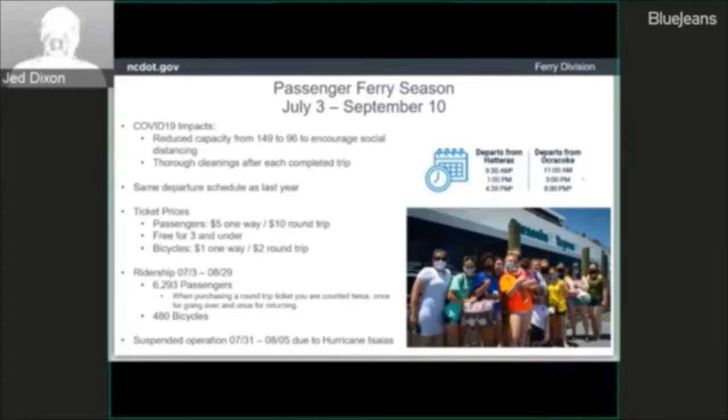We're running the same schedule that we did last year. The fares are $5 one way, $10 for a round trip, and free for those under 3 years old. $1 for a bike one way, $2 round trip. So far to date, from July 3rd through August 29th, we carried 6,293 passengers. And when purchasing a round trip ticket, you're counted twice, once going over and once returning, and 480 bicycles in